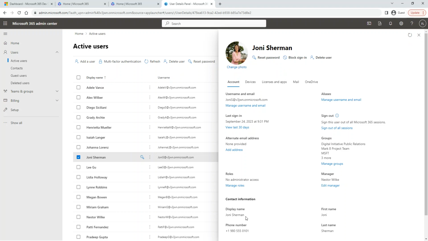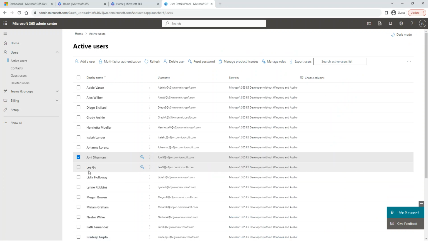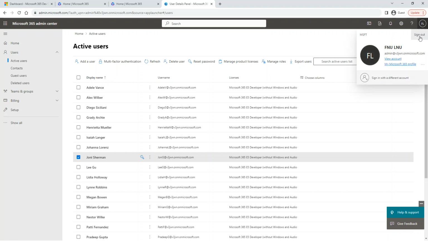But if she changes her name, now where do you change it? That's the contact information. It will take some time to populate, but if you disable, that is instant. When you block, that's instant. That user won't have access. If you change the password, that is instant. But if you change the name and you expect to see it right away, it's not going to happen.